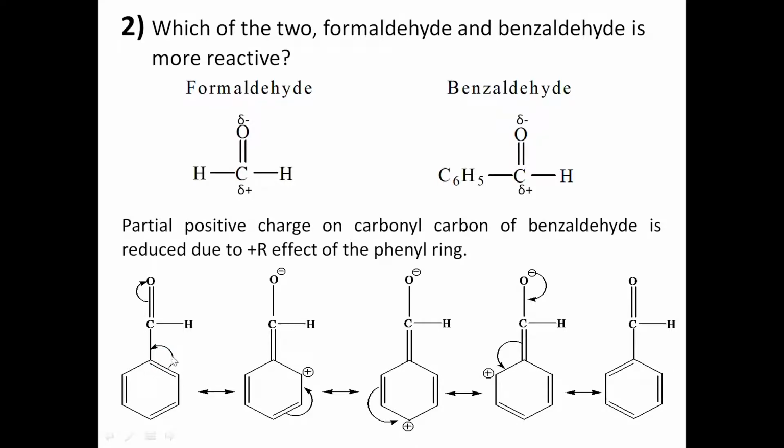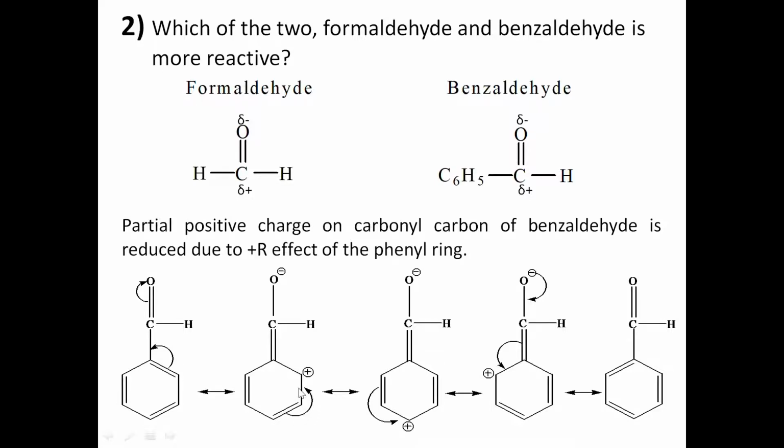And since this pi bond shifts here, so here there is a double bond, and this pi bond shifts against this carbon, away from this carbon, and therefore this carbon will have positive charge. I hope this is clear to all of you. And now this positive charge will be delocalized over the whole of the benzene ring. See how the pi electrons will be shifting here. So here single bond, here double bond.